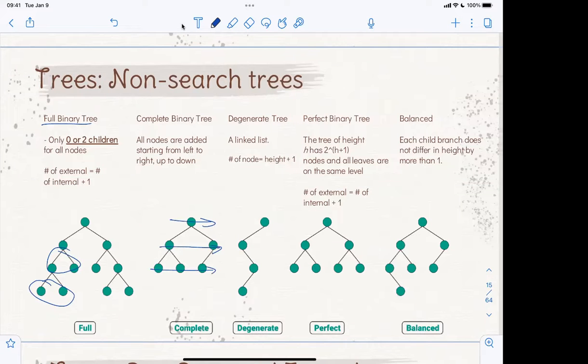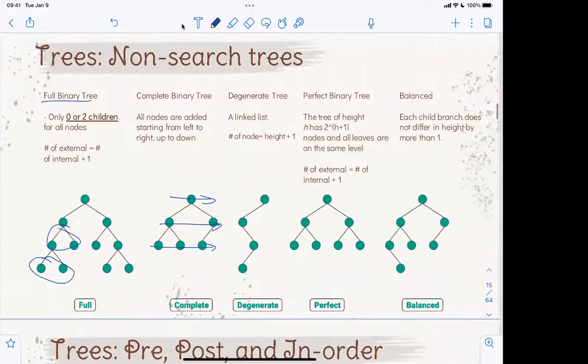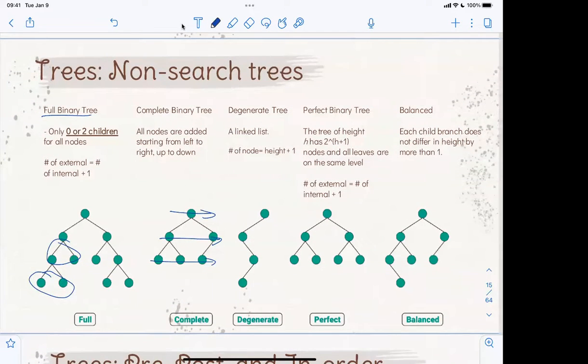The degenerate tree, which is just a linked list. One of the properties is that the number of nodes is equal to height plus 1. That was useful on the midterm. A perfect binary tree has a number of nodes equal to 2 to the power of the height plus 1, minus 1. And for this one, as well as the full binary tree, the property applies that the number of external nodes is equal to the number of internal nodes plus 1. And finally, for the